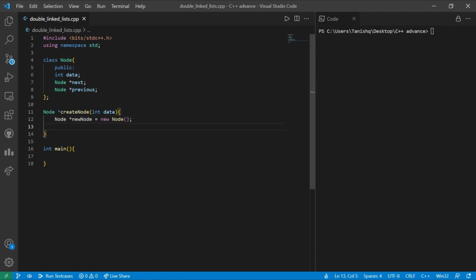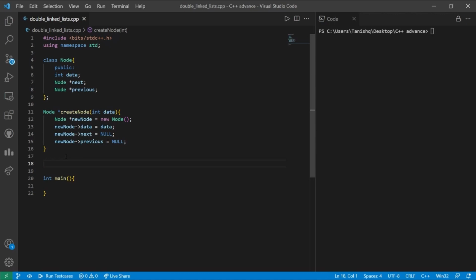So over here I have created an object named new node, which is the instance of the node. It will have all the parameters as present over here. The data of this new node is to be initialized to the data that we are going to give as argument. The previous and the next pointers are supposed to point to null. So we have created a small function to create a particular node.